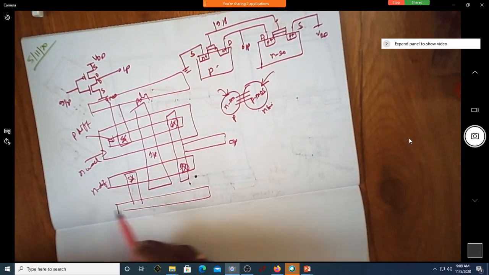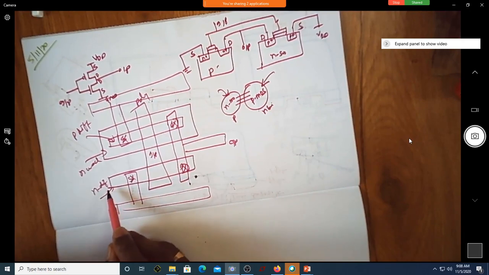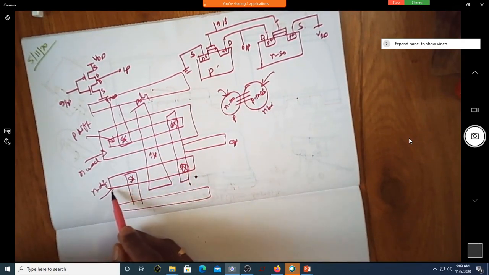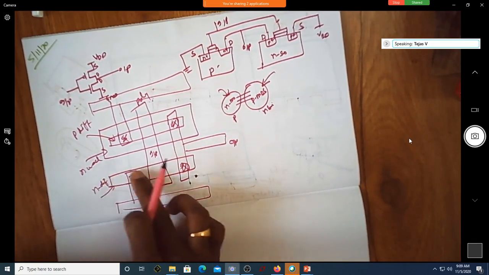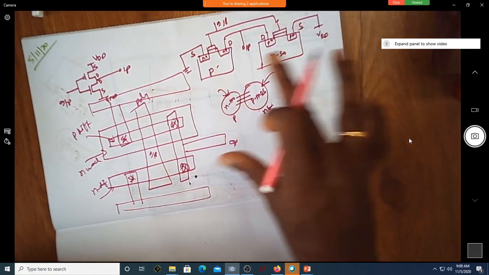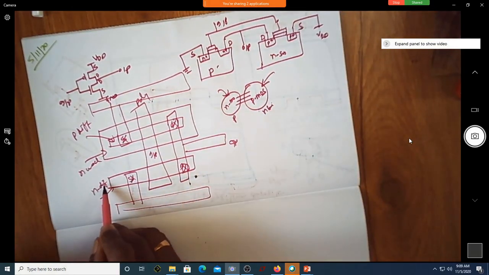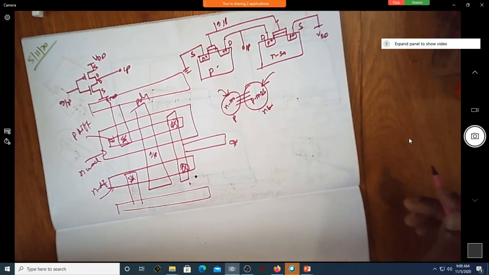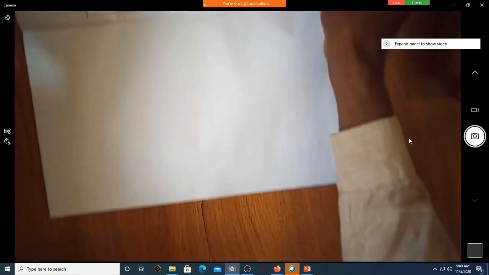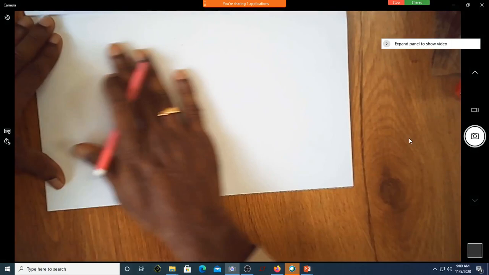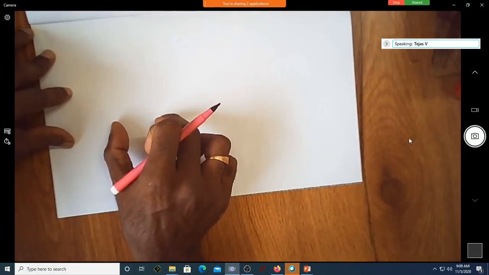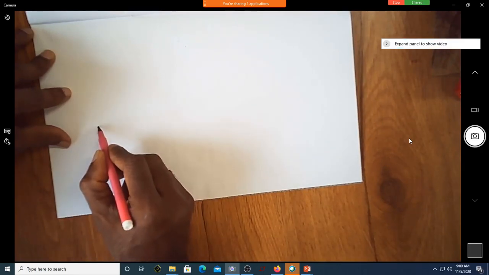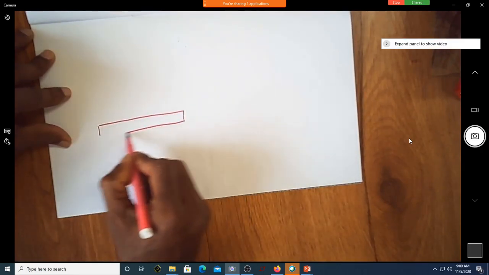Just look at this. Do you require one mask or one layer of N diffusion? What does this diffusion layer indicate? Are you not defining the entire P substrate where this N diffusion has to come? So assume that this is your white sheet, and that this is your substrate. I want to have an NMOS transistor here. First, I need to define where I have to have my NMOS transistor. This is one such mask.